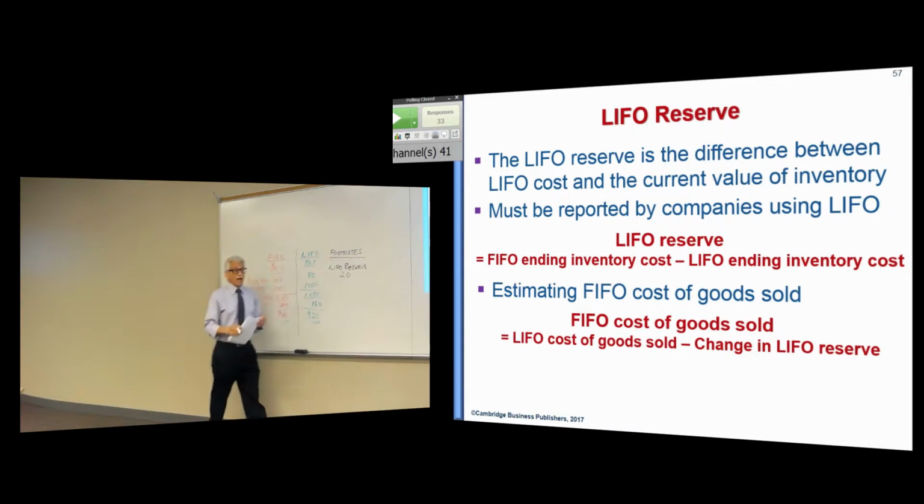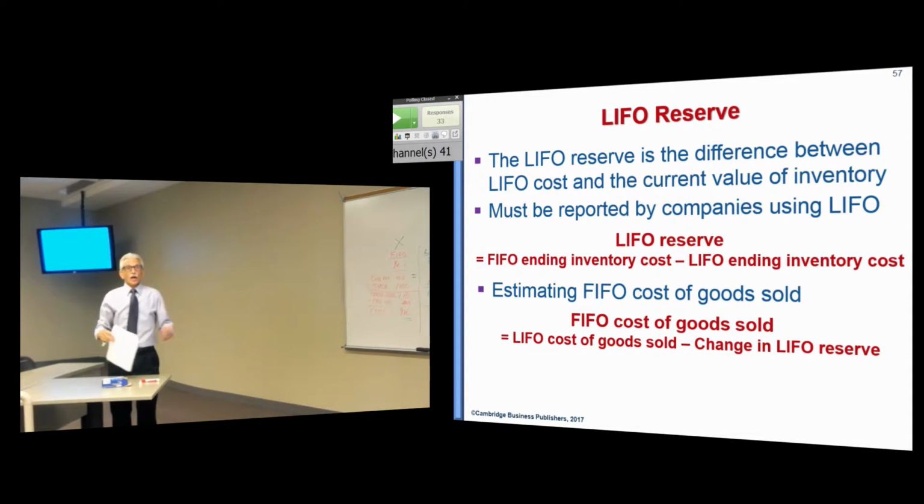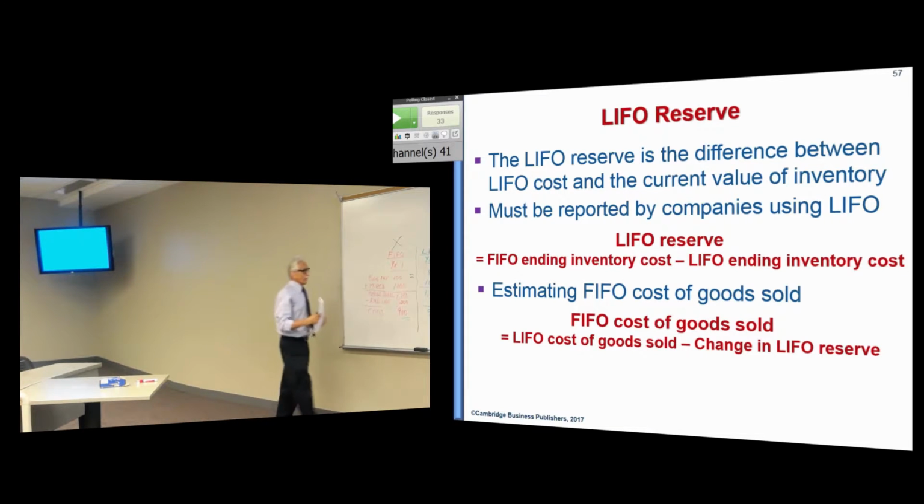And if I disclose the LIFO reserve, what happens? The analyst adds the reserve to the LIFO inventory to get the FIFO inventory. Simple as that. Now, again, you're not seeing this. That's not available. And by the way, the purchases are the same. Your vendor doesn't say to you, what inventory method are you using, that'll determine what your purchase is going to be priced at? No, you all buy the same thing. And then, of course, the ending inventory,